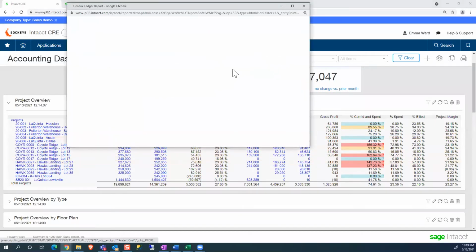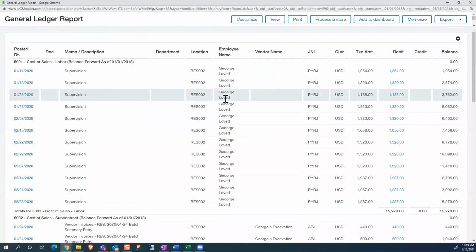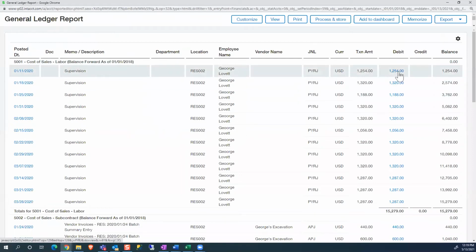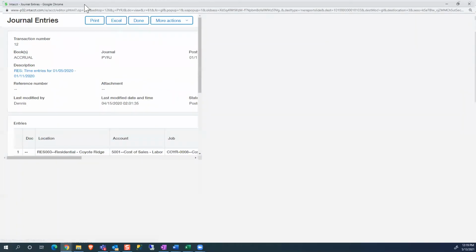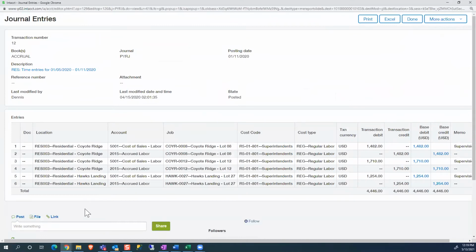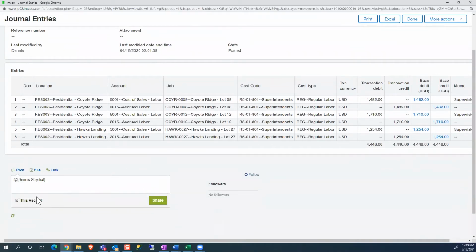We also have the ability to, as we get into these transactions, I'll just continue to drill down on these actual costs here. All the transactions inside of Intacct offer us the ability to post a social type feed for questions.